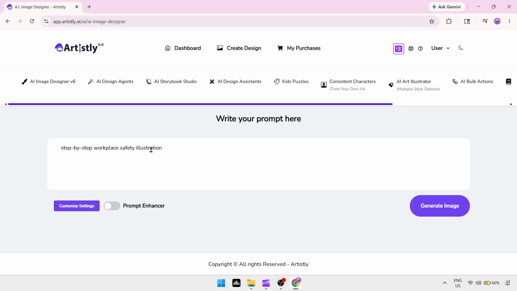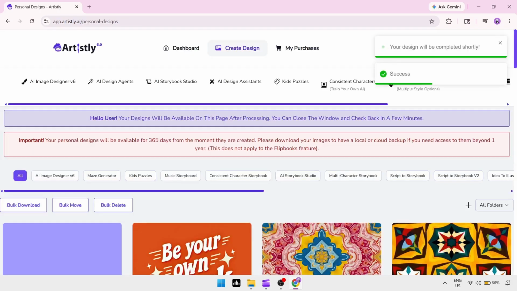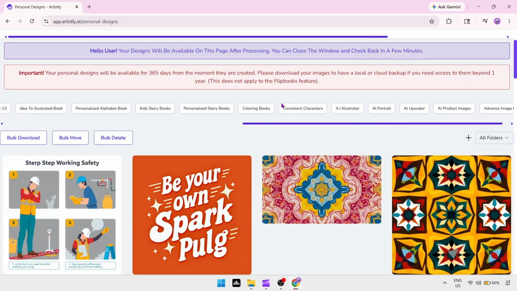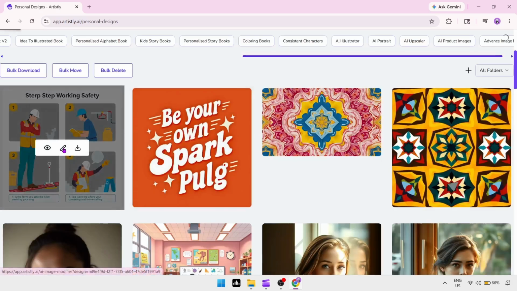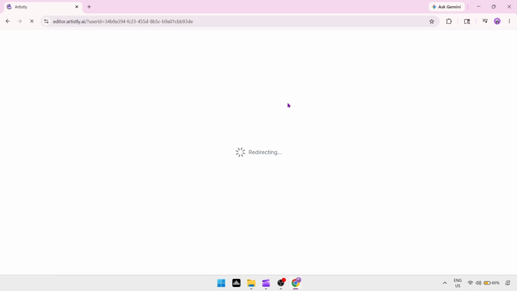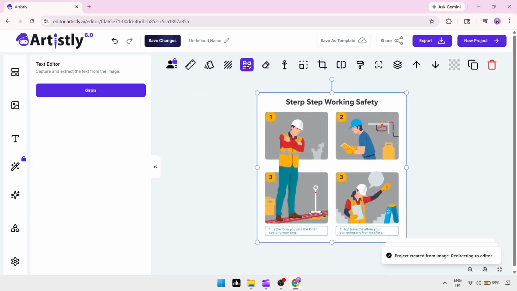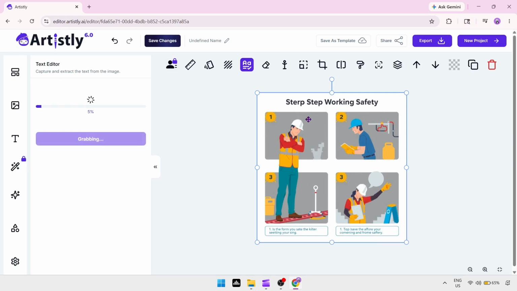Next, write a clear prompt that focuses on simplicity and clarity. For example, you could say step-by-step workplace safety illustration, training guide infographic, or employee onboarding visual in clean modern style. Make sure your visuals are easy to understand, with clear subjects, minimal distractions, and a structured layout so information is easy to follow. You can also use consistent characters or icons to represent roles, actions, or steps across multiple training